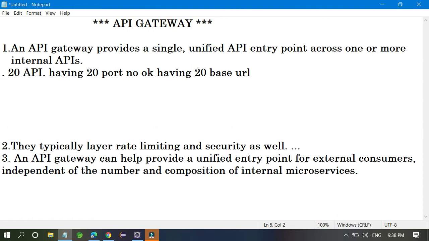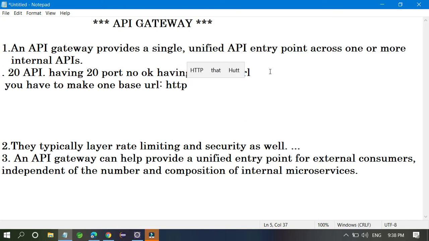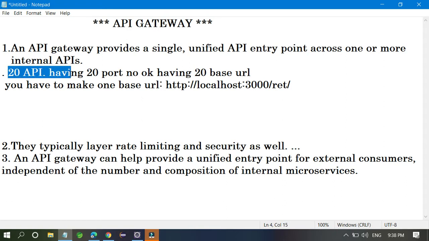You have to make one base URL, like http://localhost with one port number, not 20 port numbers, like 3000, and then after that anything. If you follow 20 base URLs, then it is not a good way to do your project. You have to make one base URL to access all those APIs.